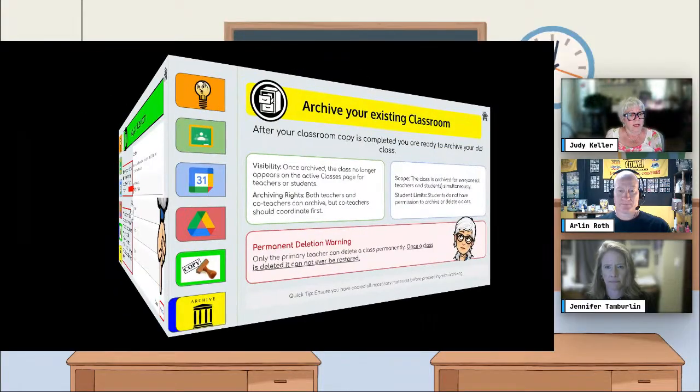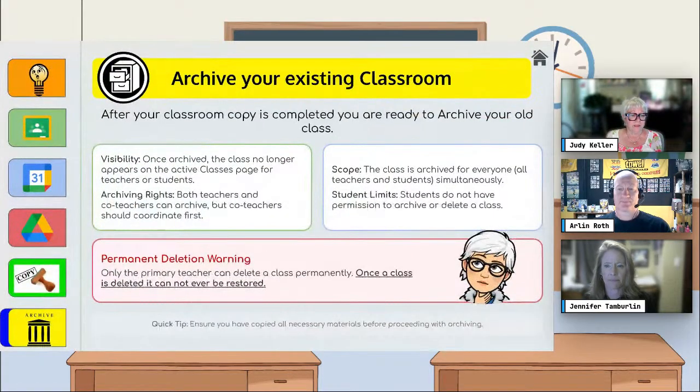And archiving your existing classroom. So after your classroom copy is completed, you are ready to archive your old class. Once it's archived, the class will no longer appear in the active class pages for the teacher or for the